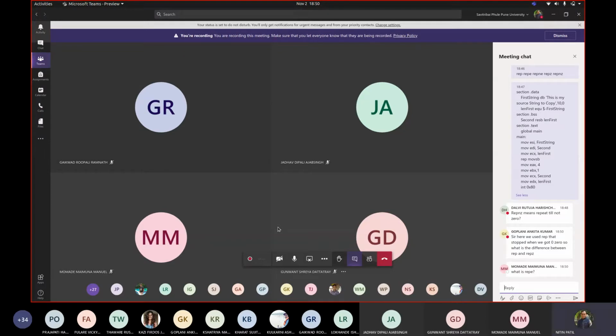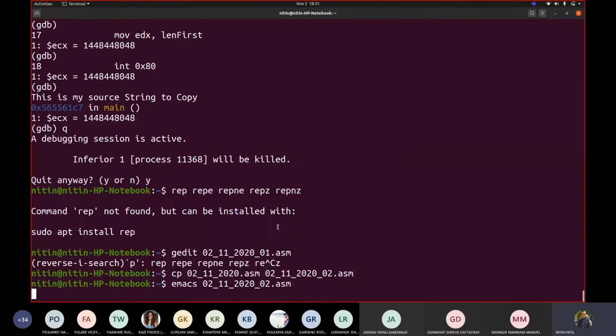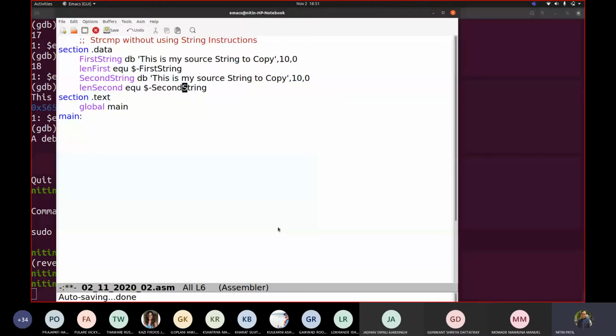You can try with REPZ, or with repeat till not equal. In this case, repeat till not 0 could have been used even. What do these repeat prefixes do? A repeat prefix will execute the instruction written after it, but we have to make sure that we use them with string instructions only.